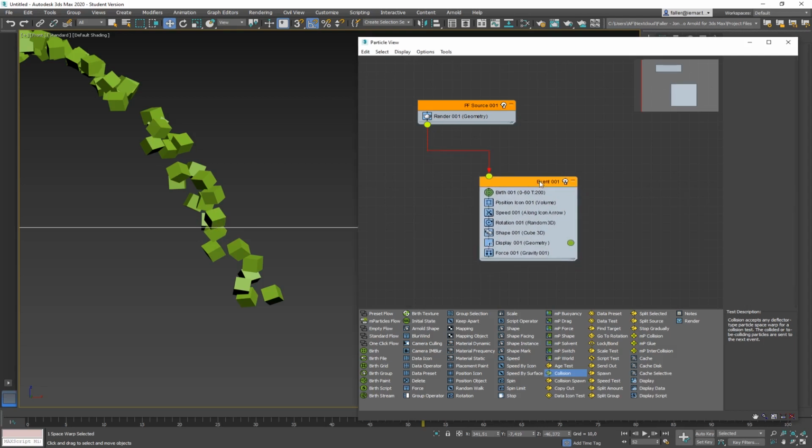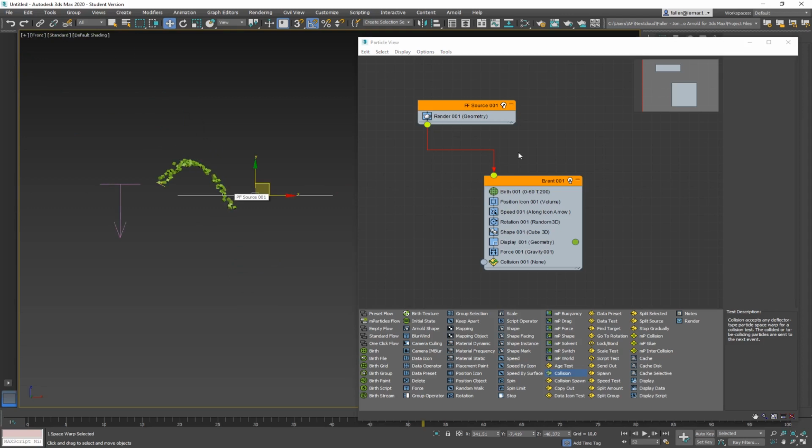Let's do that first. So let's take the deflector collision test, the collision, and bring it in. I'm going to put it right below force. You can see right away that the collision is a different operator in the event because it has a node going out. So you can test it, and if the collision is true, like it has been collided, you can move it into a different event, one that does something else, and so on. So let's hit collision, and by collision, you can add your deflector.